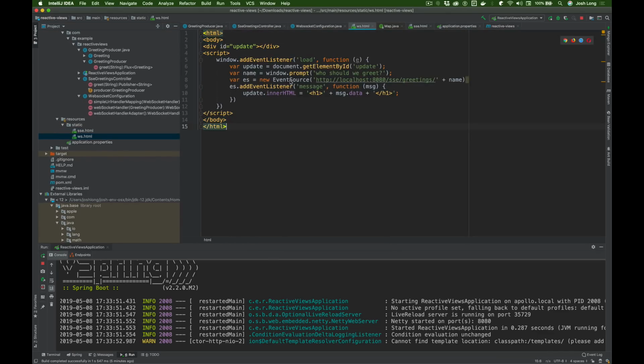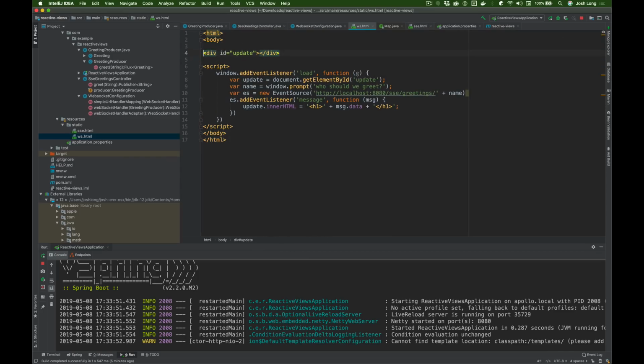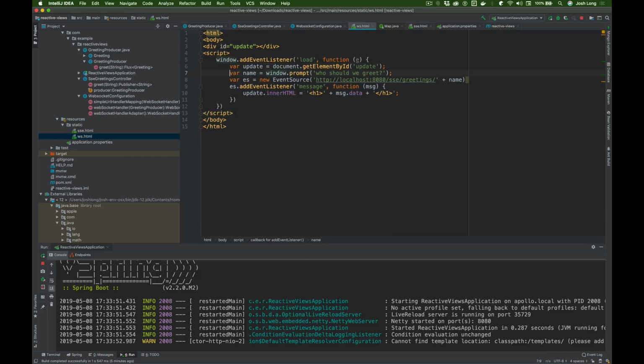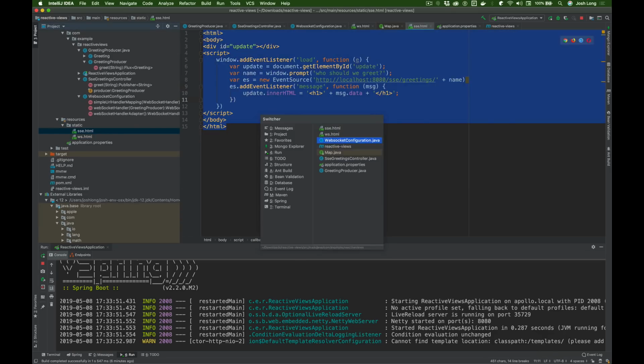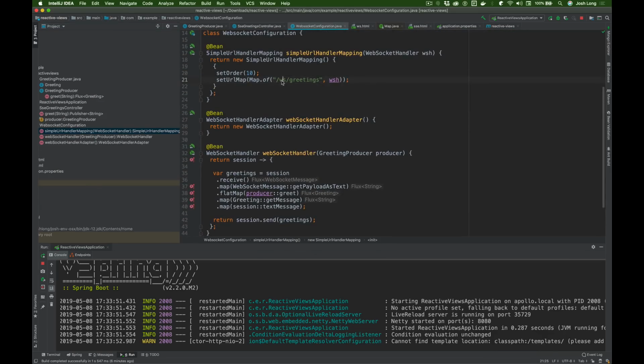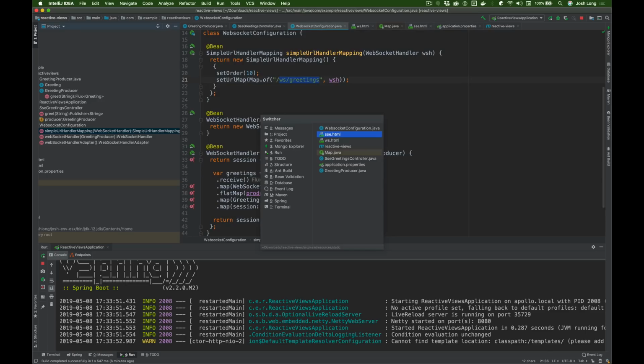So we're going to do this, but some things are different. First of all, we've got the update element. That's fine, right? We had that before. We want the name to greet, but we're not using event source. We're using WebSocket. So WebSocket, and the endpoint that we're going to call is called WS Greetings. So we go back to our WebSocket code,